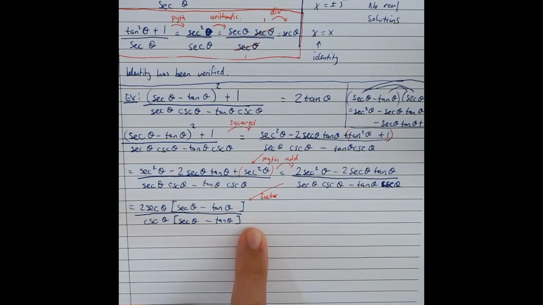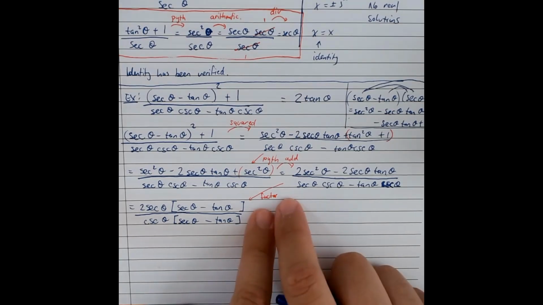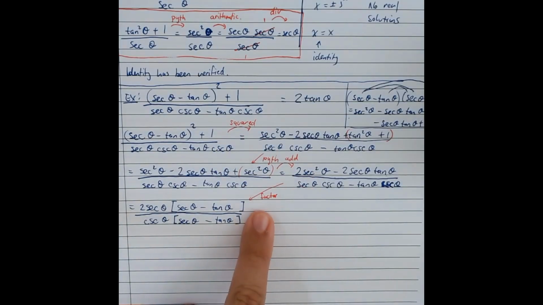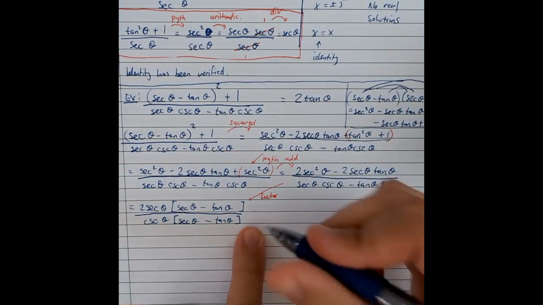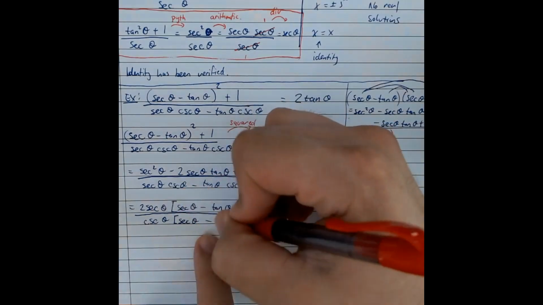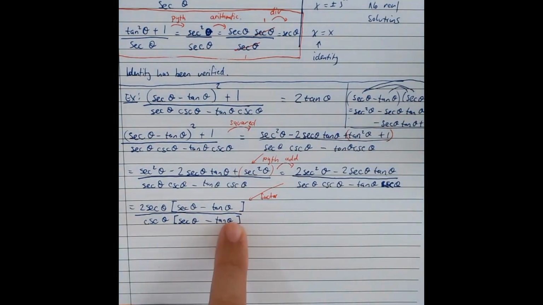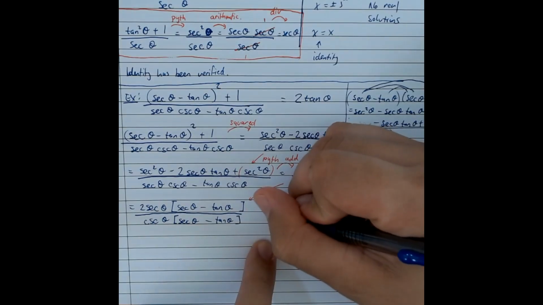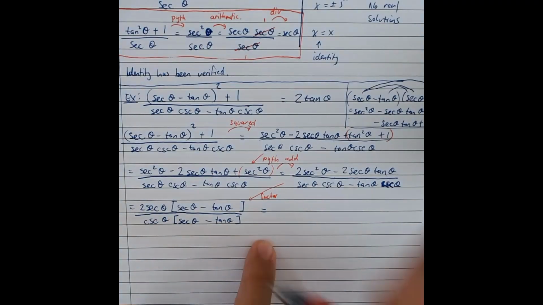This is trigonometry, which means we've learned new trigonometric functions and new trigonometric identities, but we don't let go of algebra. We still know how to square things, add things, and factor. Algebra is still in play. Note now that these are identical, which means I can divide them. Secant of theta minus tangent of theta divided by itself is just the number 1. So here, just by regular old division,